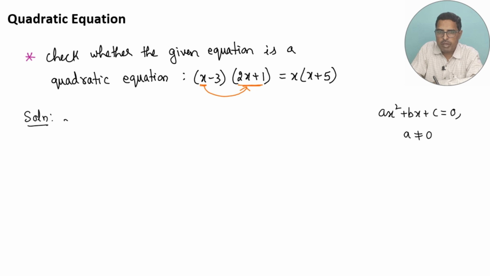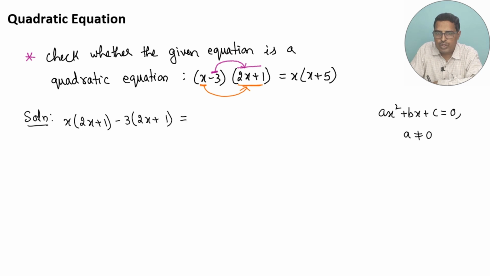So x is being multiplied by 2x + 1, and further we multiply this −3 with the whole 2x + 1. So this −3 is being multiplied by 2x + 1